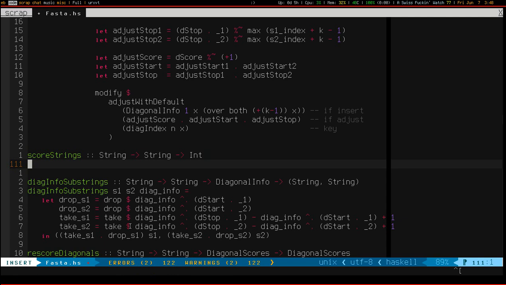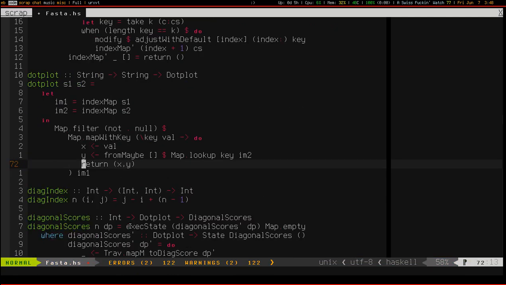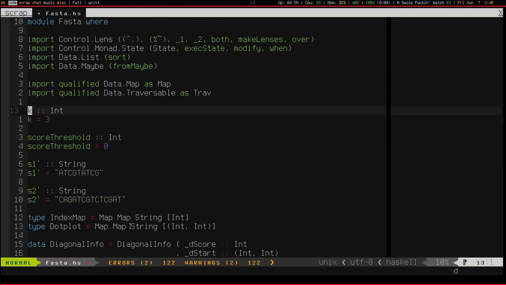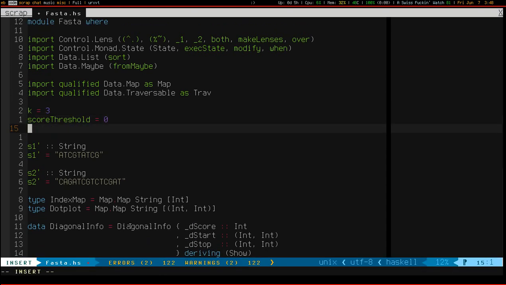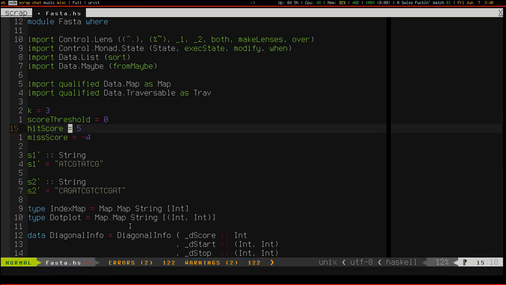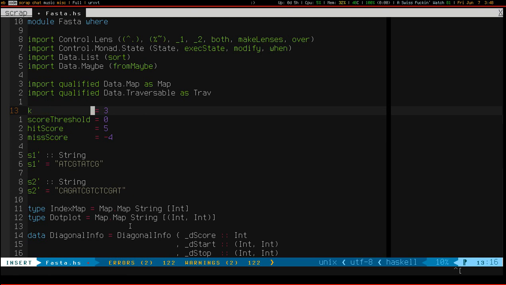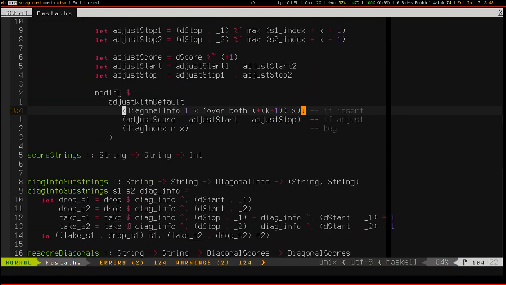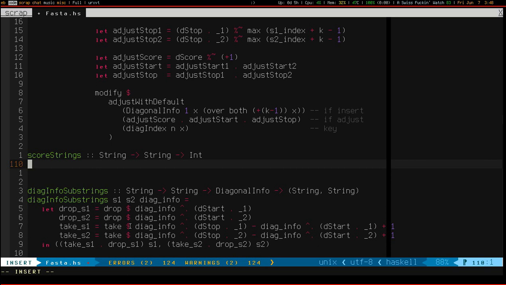And what I'm going to need to do is I'm going to keep adding to my list of basically settings: hit score, miss score, corresponding to the point value of a hit and a miss. So that when I'm scoring the strings, all I need to do,